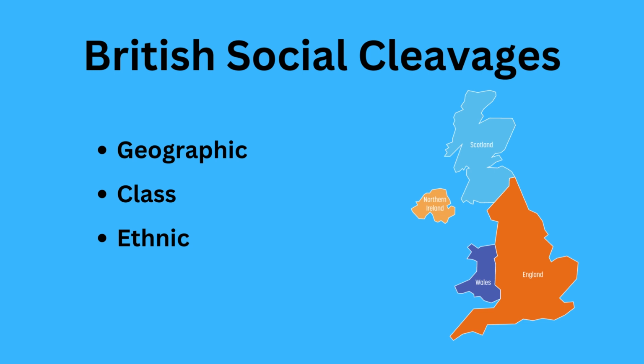However, recently there's been more tension in terms of ethnic social cleavages. The majority of Britons are white, about 87%, in fact. But the number of ethnic minorities is growing, which is especially concerning in terms of social cleavages. Ethnic minority Muslims tend to lack social integration into society, leaving them vulnerable especially to terrorist organizations that might seek to recruit them for their own purposes.